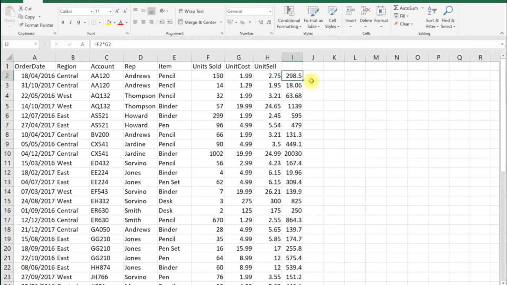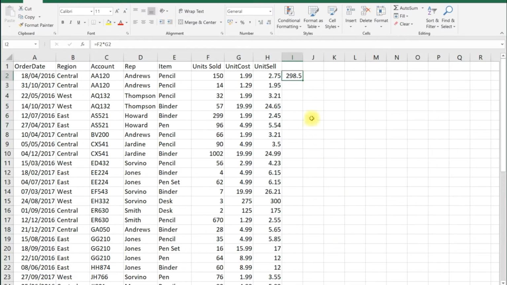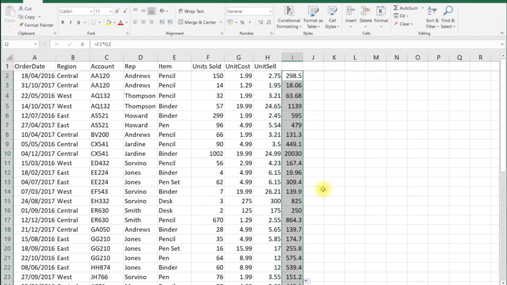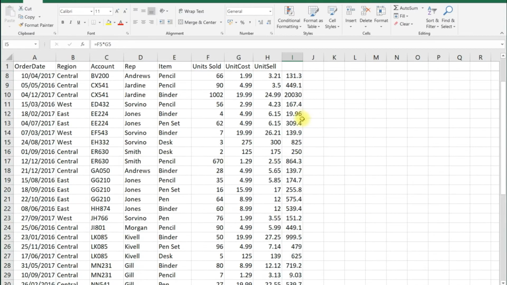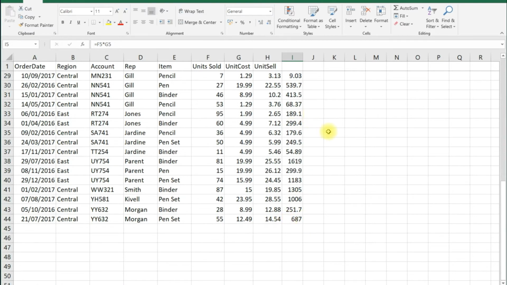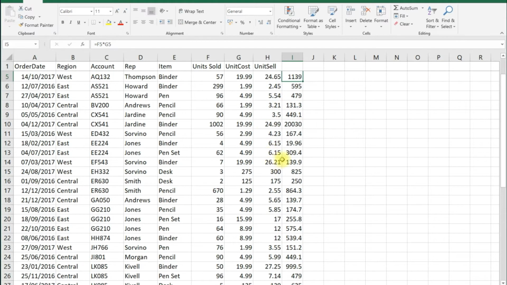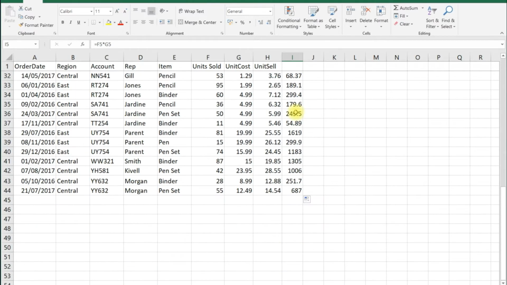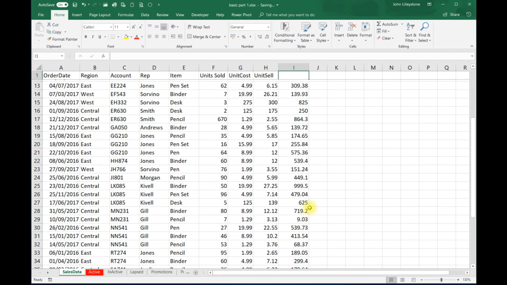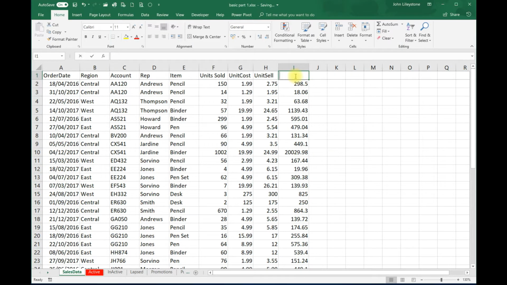Now I'm going to undo that, so Control Z is good old undo. There's a quicker way to do it. Rather than clicking and dragging that button all the way down, if you simply double click when the cursor changes in the bottom right hand corner, Excel will automatically fill that formula all the way down to the end of the data set. So as long as there's data in the adjacent cell, when you double click that icon, it will automatically copy the formula down. So if we scroll back up to the top and give this a proper column heading,